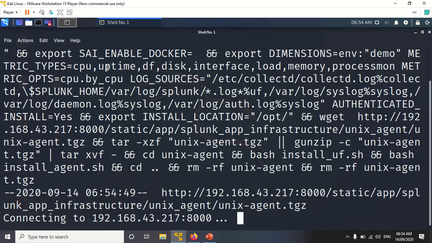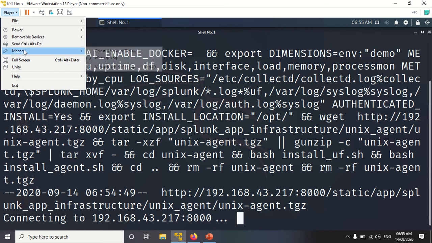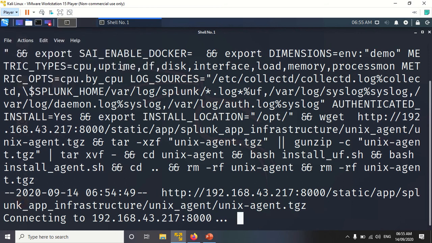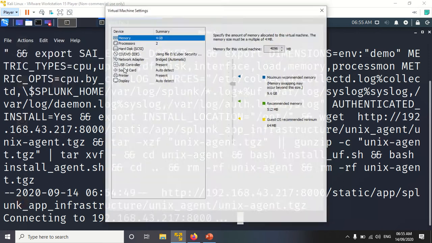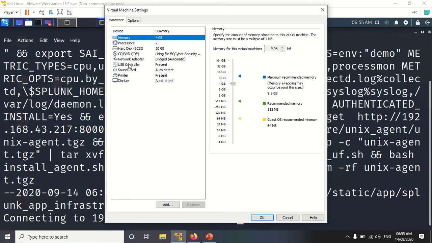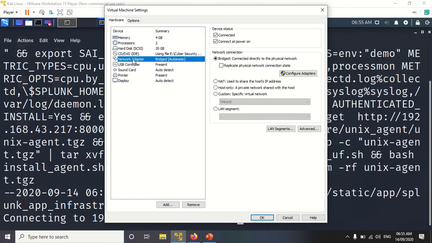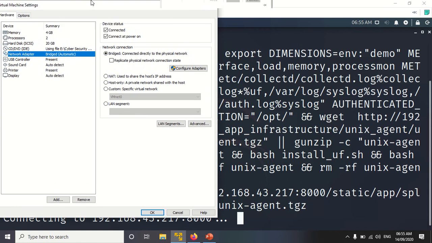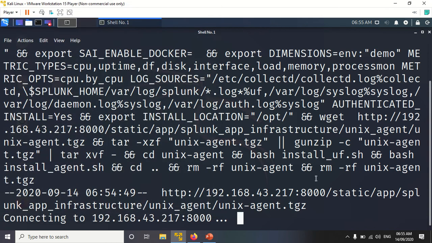Okay, there is one problem here. I have selected the virtual machine settings. I have selected the network adapter as bridged, but for this setting the network adapter should always be the NAT adapter. That's why it will not run, because I have selected bridged. So we will wait for 1 minute and we can observe that it will not work.